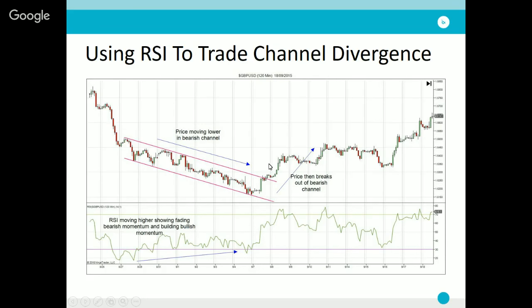Okay, so Alden asks, what settings do you recommend? 70, 30, how many periods? So basically there are a lot of different theories about which settings to look at, but the way that I think about it is that the majority of traders looking at the RSI indicator are looking at the 14 period. So I think it's good to have an eye on that, to keep an eye on how other traders will be viewing the markets. Now, with respect to the limits, so the 70 and the 30 limits, obviously the closer